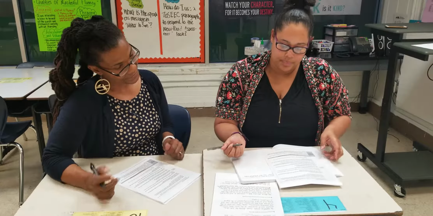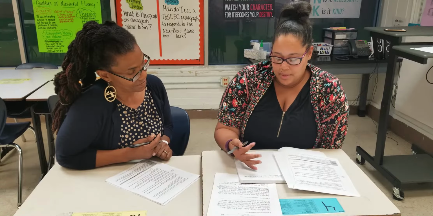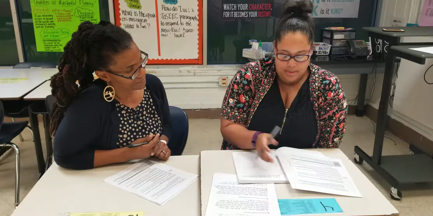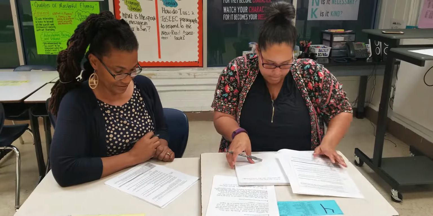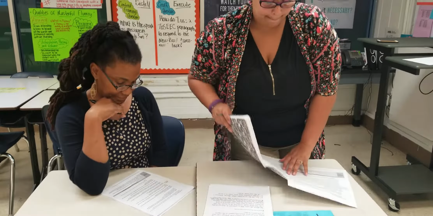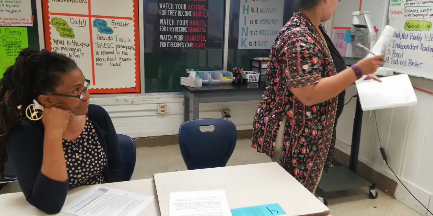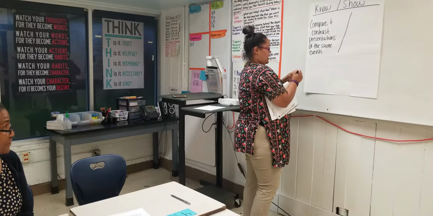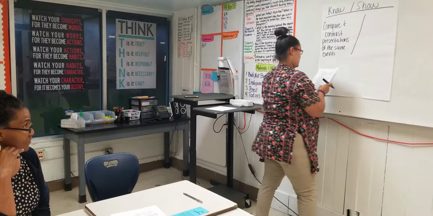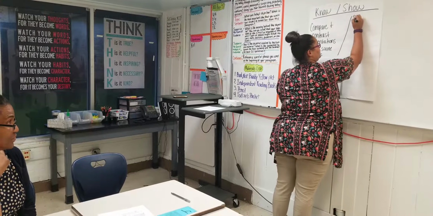So I wrote down, I want my students to be able to connect details and themes in a given text to evidence from another text that develops similar or the same themes. Okay, very good. All right, so let's go ahead and chart this. So this is what they should know, and then how are they going to show mastery? So of course, be able to